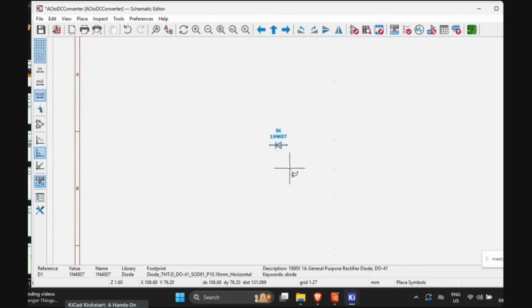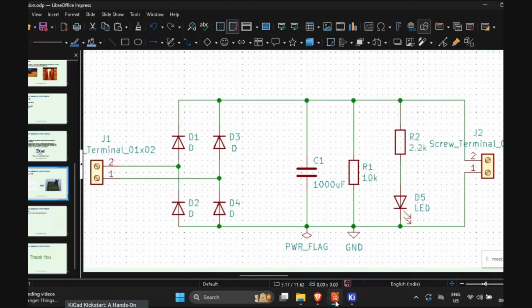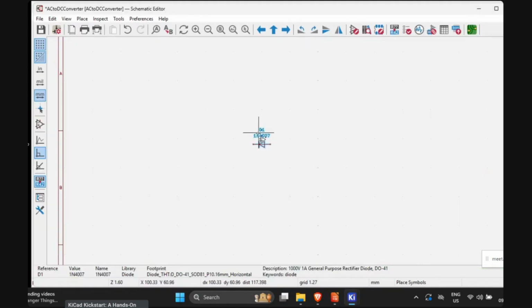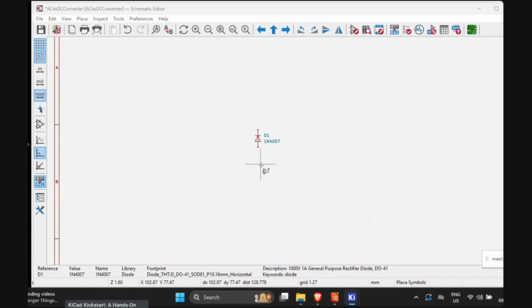Now I'll need four diodes. In the schematic, as you can see, we'll need four diodes, two terminal gates, a capacitor, two resistors, and an LED. So I'll just bring them all first. If you want to rotate the orientation, you can just hover over the diode and click R. So that gives my orientation,